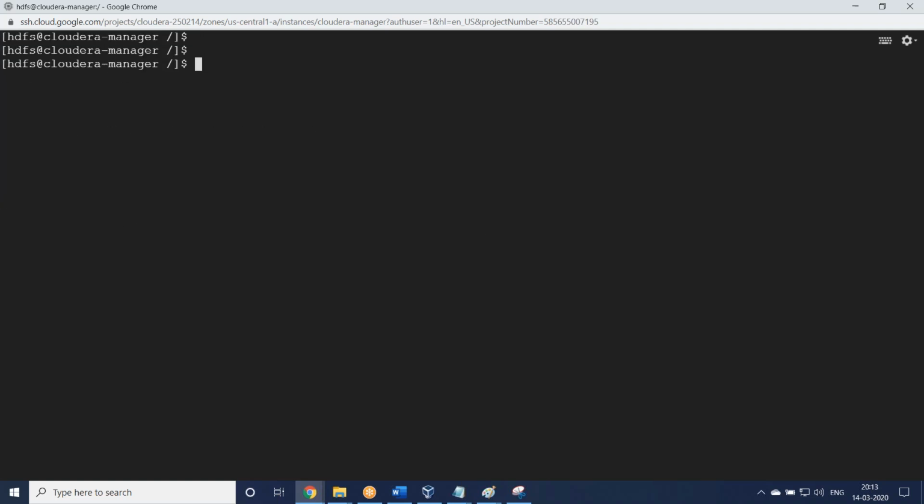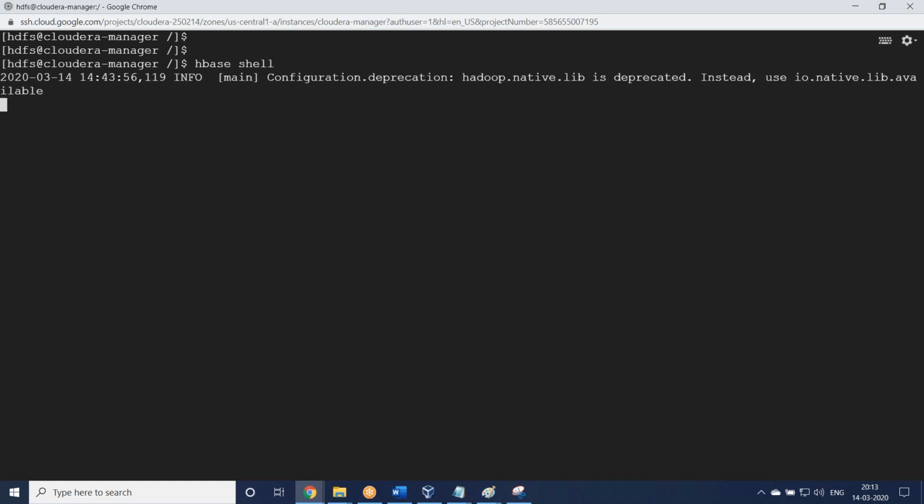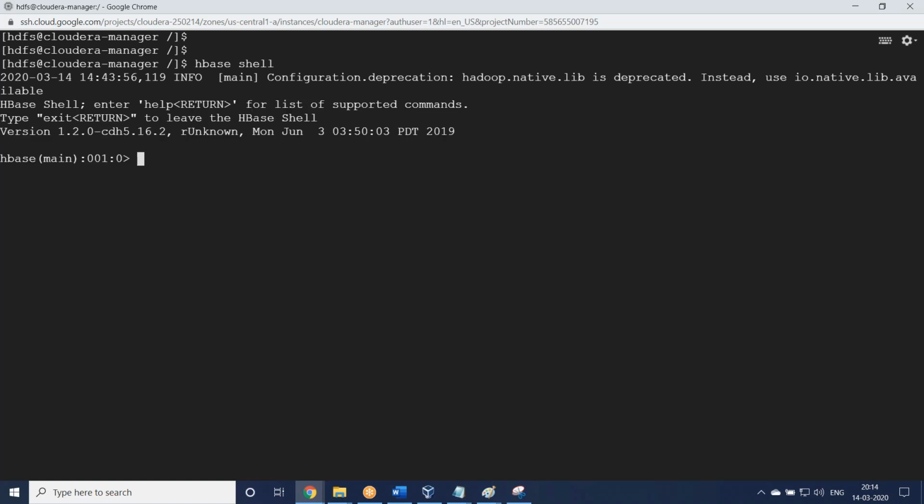Then HBase. How to validate HBase? HBase shell. It is loading. Then you will see the HBase terminal.